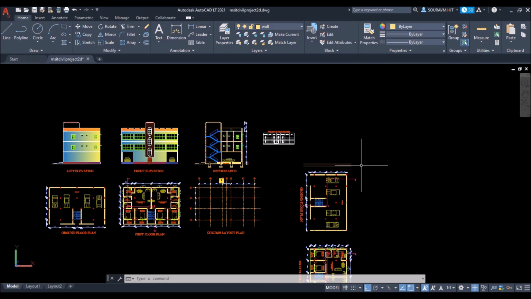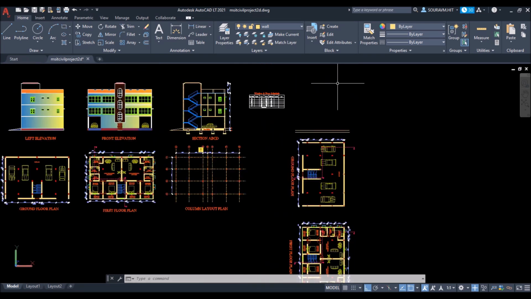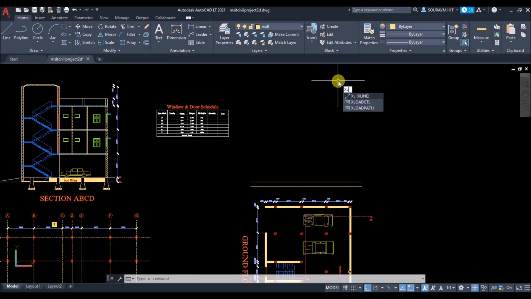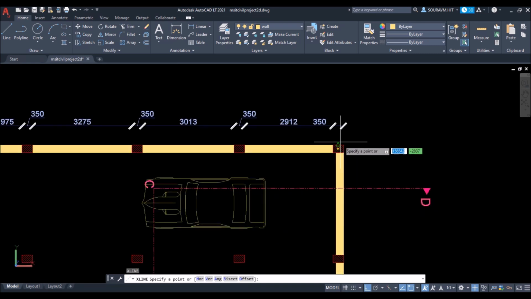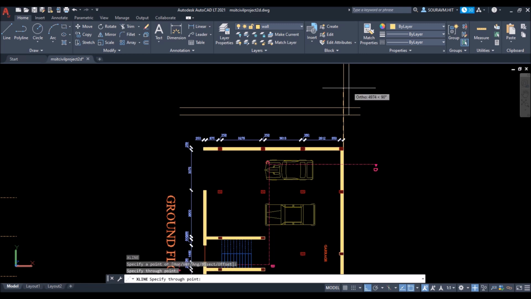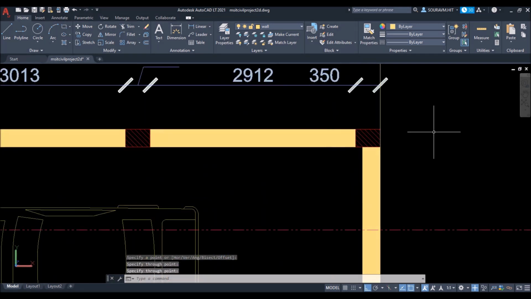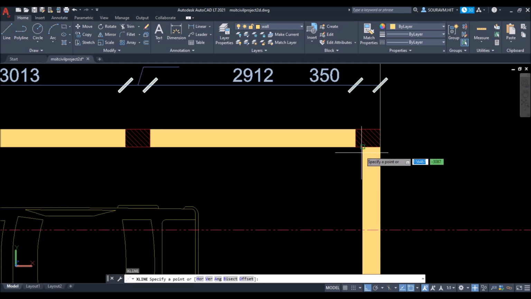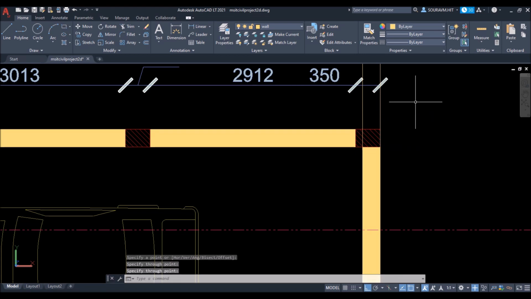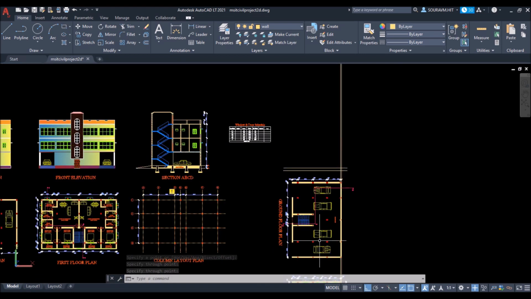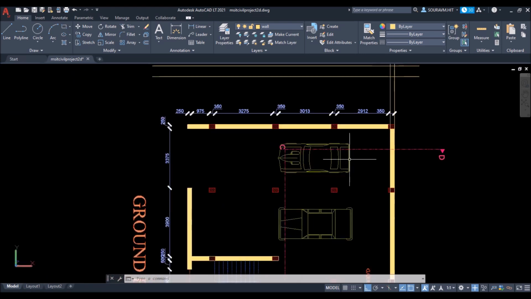Now I'll project this wall by using construction line. So type XL and press enter. Click at this snap, move upwards and left click, then right click to exit. Then right click to repeat construction line, click at this snap, left click upwards and then right click to exit again. Now you always have to imagine that you are passing through this line looking this way.